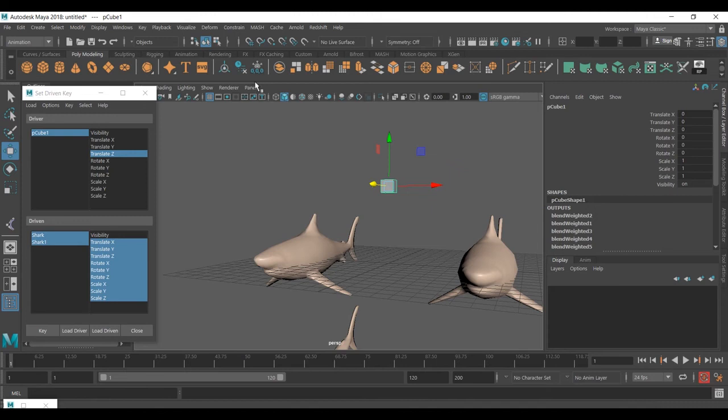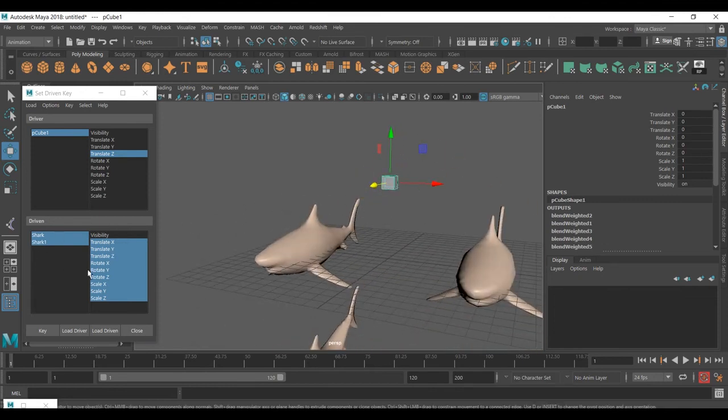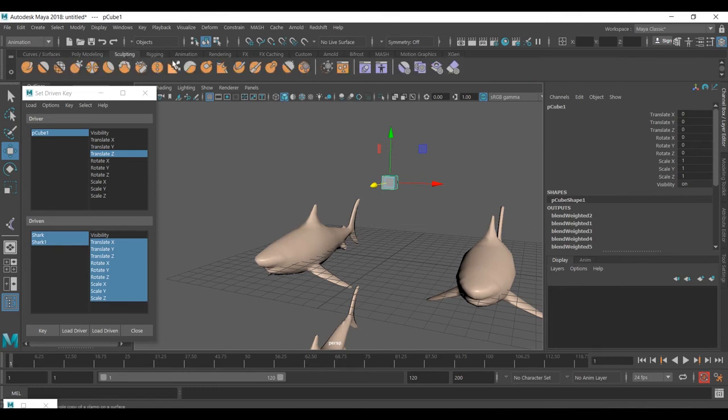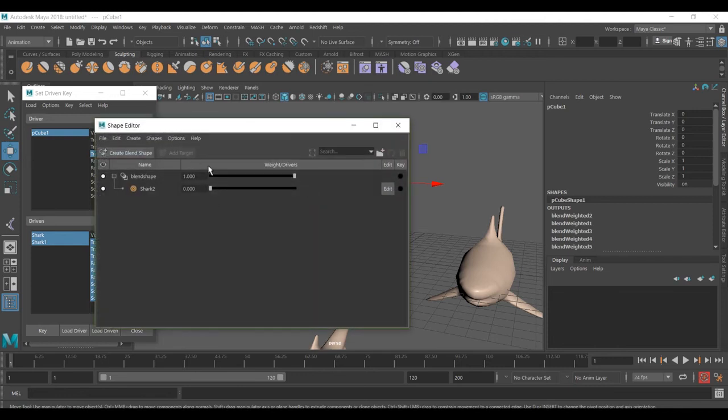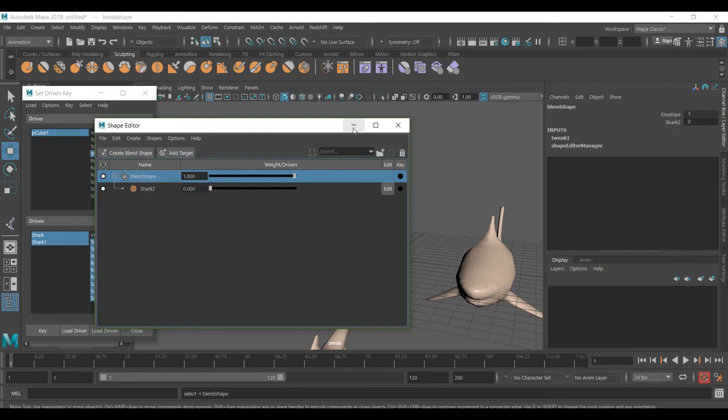In Maya 2017, and now Maya 2018, a lot of things have changed, or not a lot, but the blend shape has changed. So how can I select this? Well, if you go to Sculpting, close this, I think it was this blend shape. Here we have the blend shape. So you need to right click on it and say Select Blend Shape Node. When you have done this,